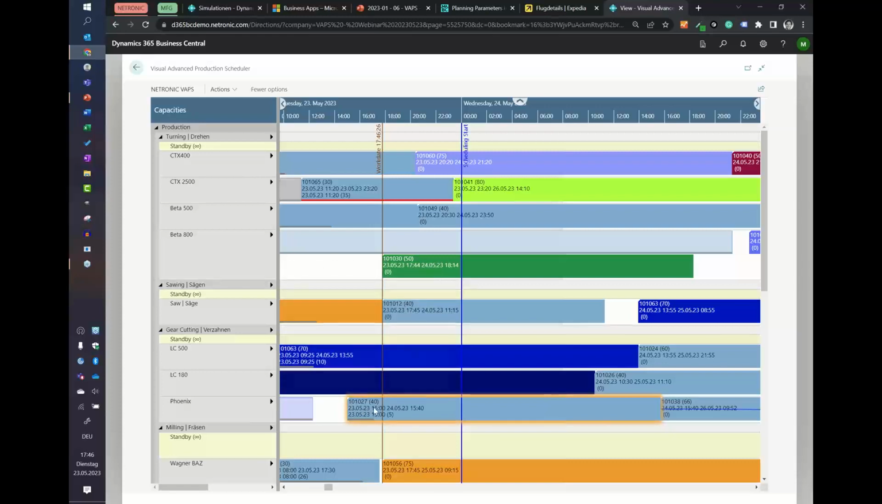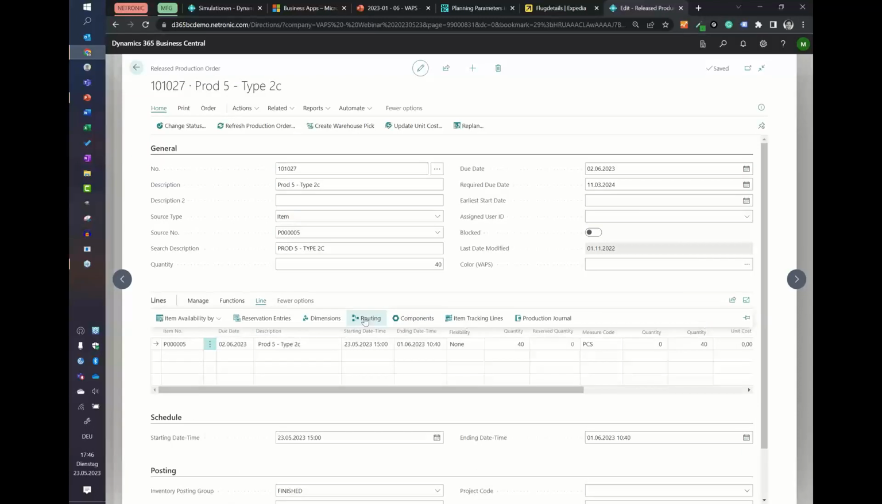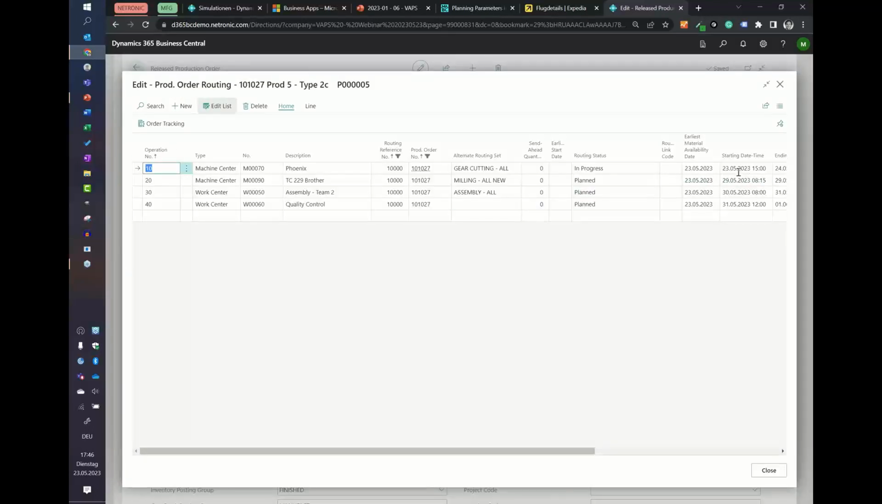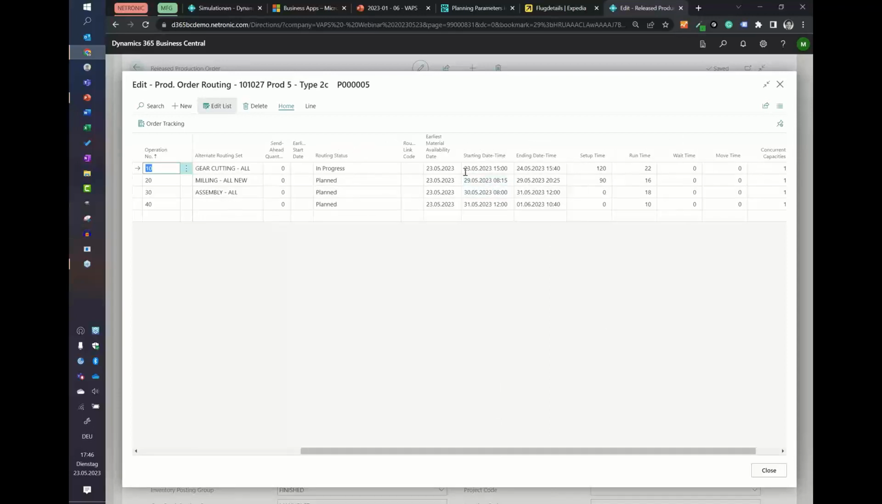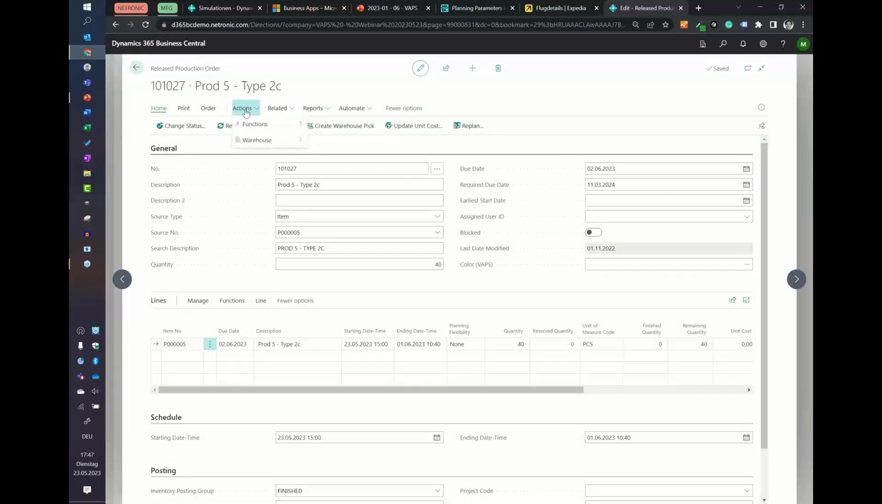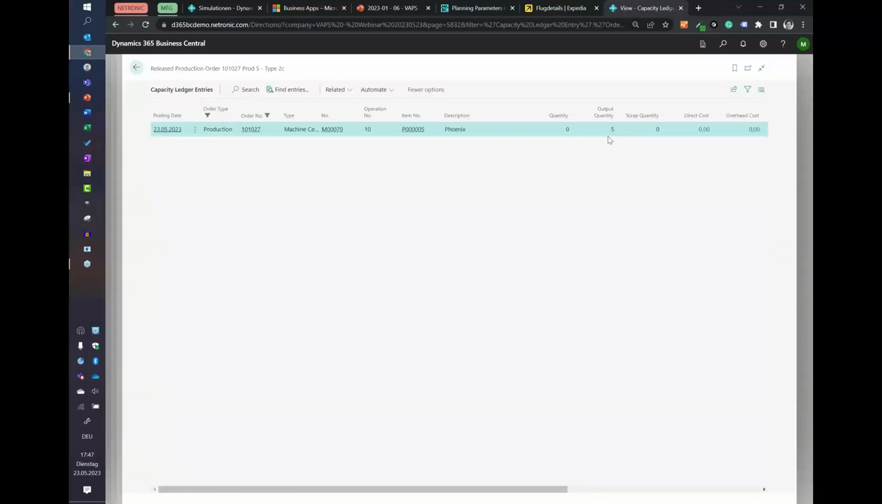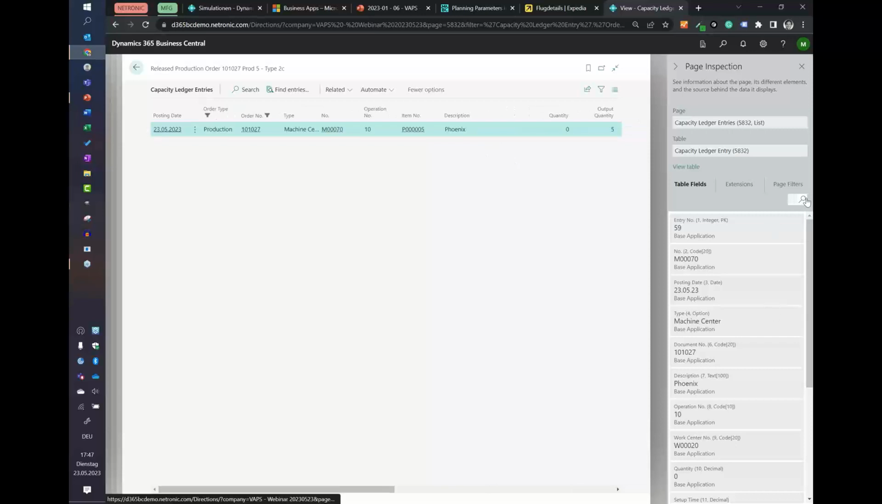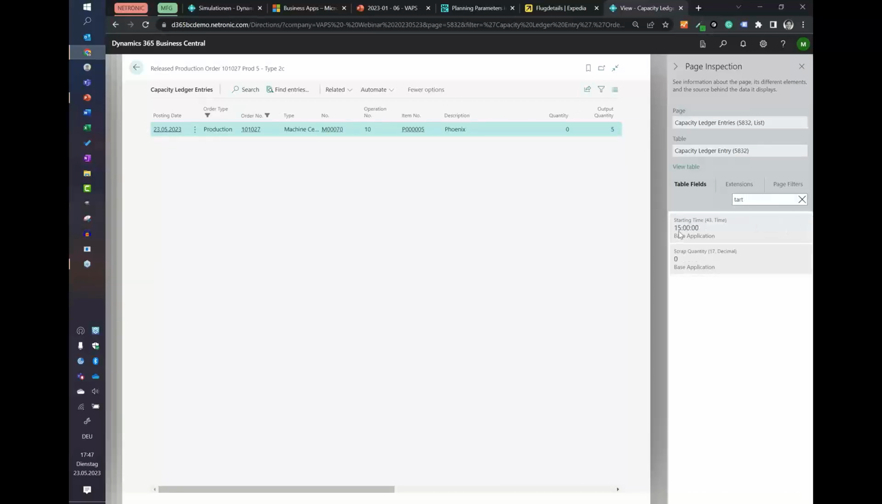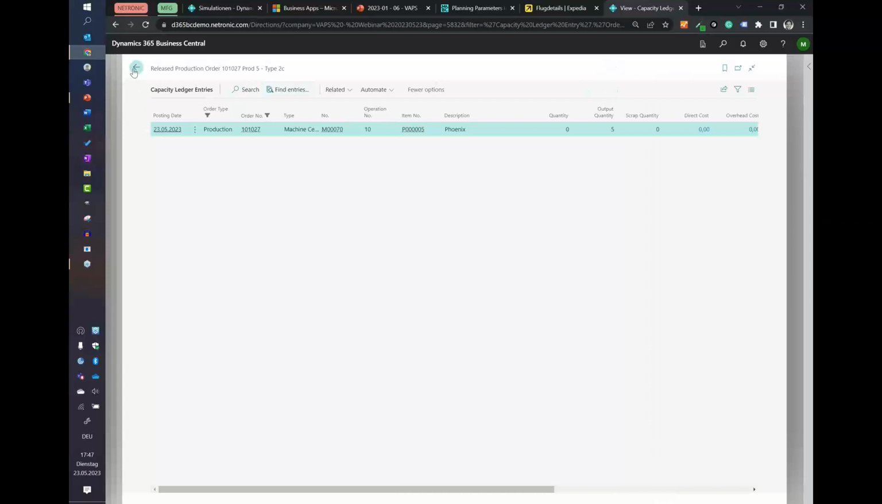So now, if we go here in the routing lines, you also see this got updated, like it's in progress because it had posting, and the routing line here got updated, and this now shows the exact same information as you have on the capacity ledger entry. So if I go related order entries, capacity ledger entries, then we see here we have it running on that machine, and there should be a starting time 15. So capacity ledger, production order, routing lines are the same,